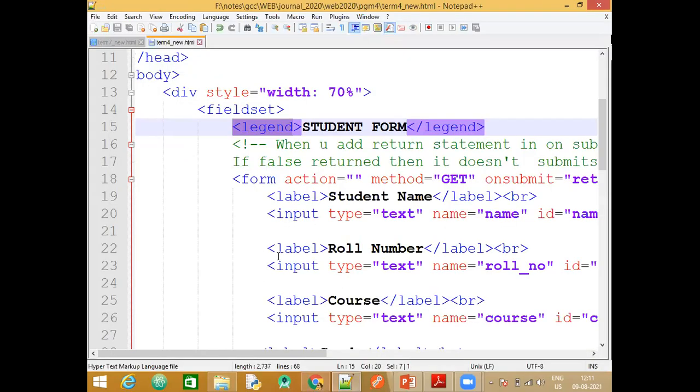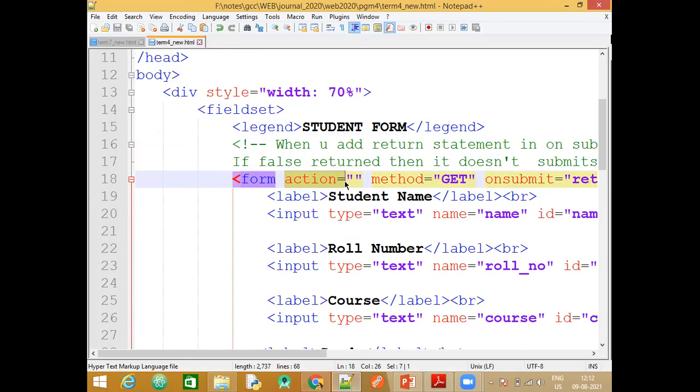Okay, now form action. You remember what form action does? When the data is entered in that browser window, in the text box, where should the data go? Should it go in the database?